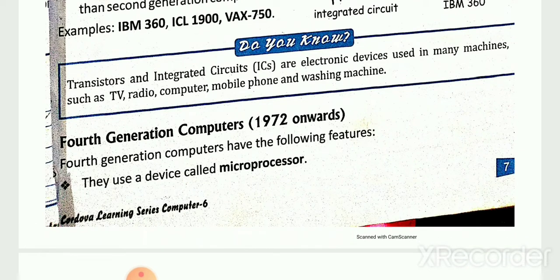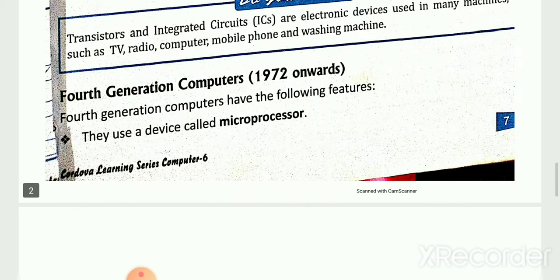Do you know transistor and integrated circuit are electronic devices used in many machines. They both are used in many machines such as TV, radio, computer, mobile phone and washing machine. Now